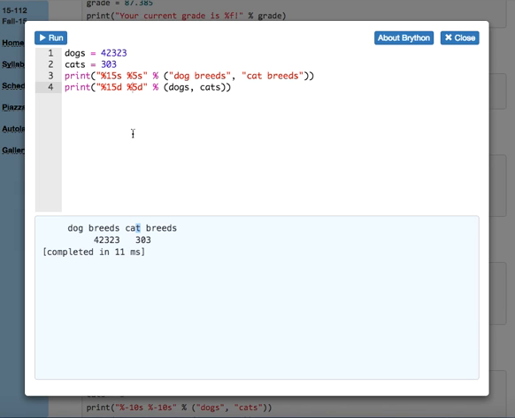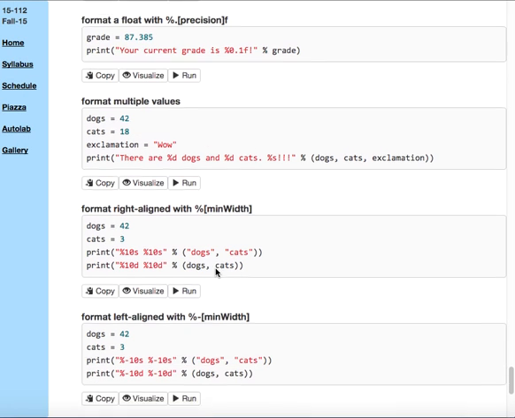Now this is doing right alignment. What if I wanted to left align? Left alignment, you just use negative field widths. And now as we run it, we see it left aligns instead of right aligning, which is precisely what the